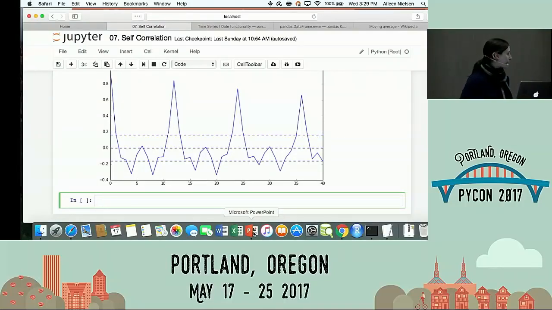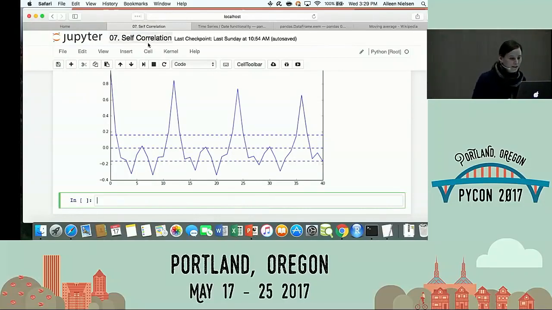Question on the autocorrelation graph. For lag 1, is it averaging across all the possible points? Yes, it's averaging across them. And you can also usually put in uncertainty bands, where you think about how many points you have. Of course, the bigger the lag, the fewer points you have, the wider your uncertainty bands.